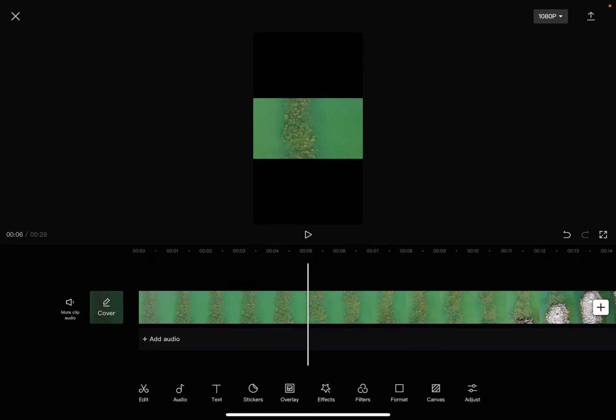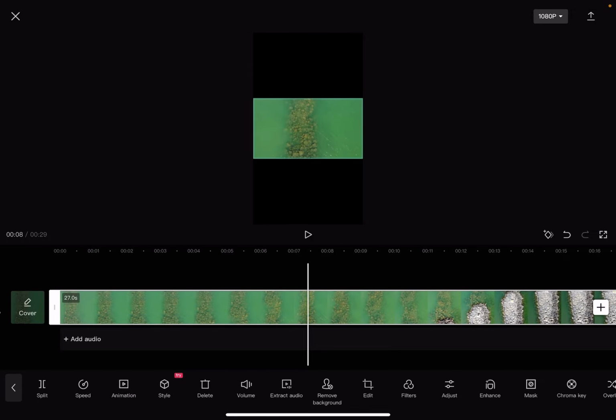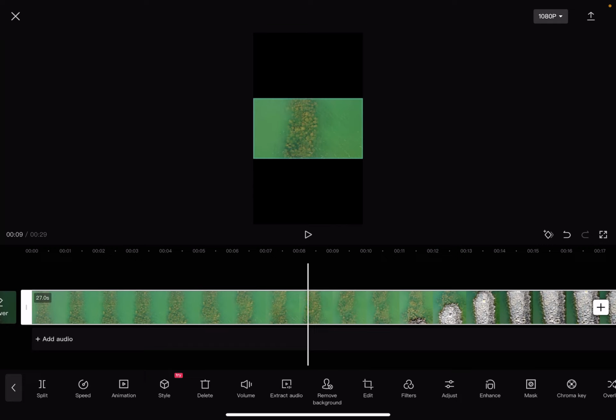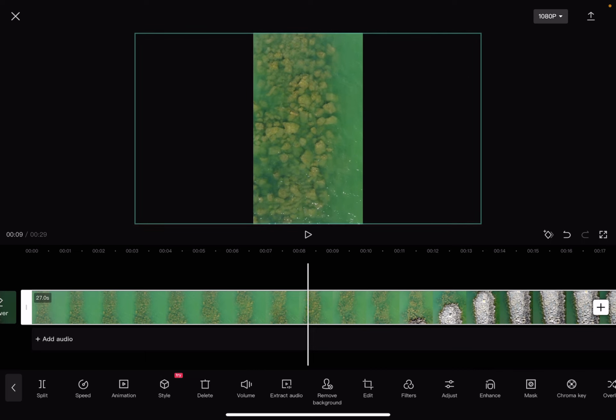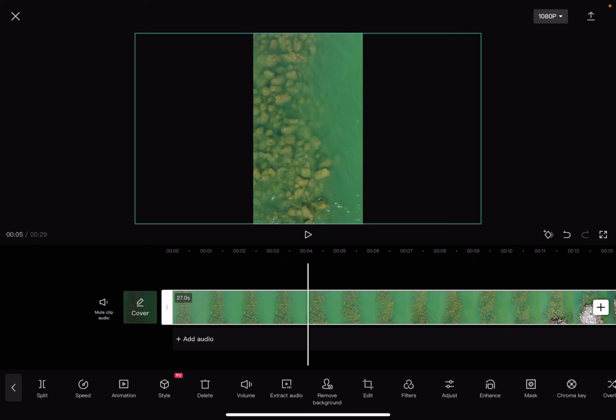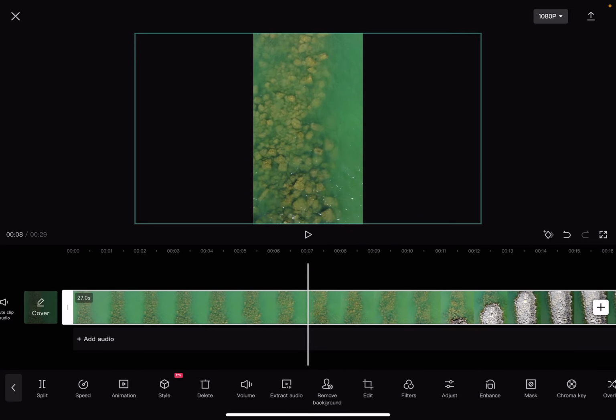Now when you change the format, you will see that your horizontal video is going to be in the middle of this vertical video in this very small window, which is not optimal. From here you have a few choices. You can either pinch on this video and zoom in so it fits the vertical frame, but you should keep in mind that this way the quality is going to be a little bit lower, but you can still